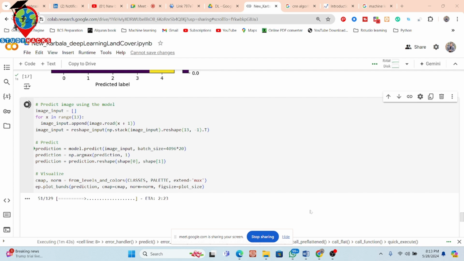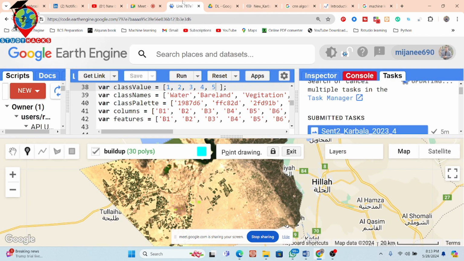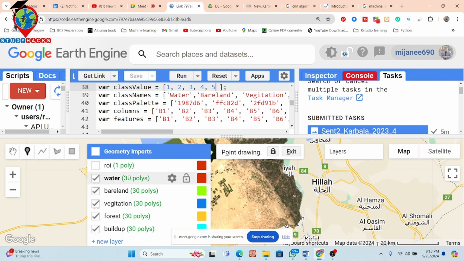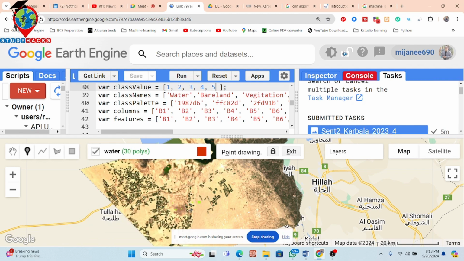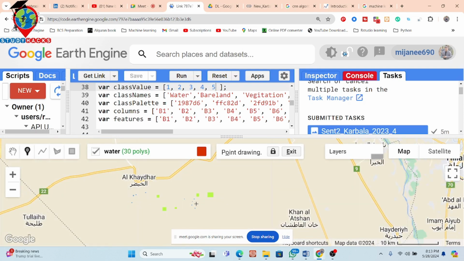But when I do it in Colab, the result image is not clear or does not contain all palettes. It's not a problem. You can just click on Google Earth Engine and take the training sample from there. Suppose you take the water and then increase all the water training samples. It is also better if you use points without polygons. If you take some points on the water body, you can also get